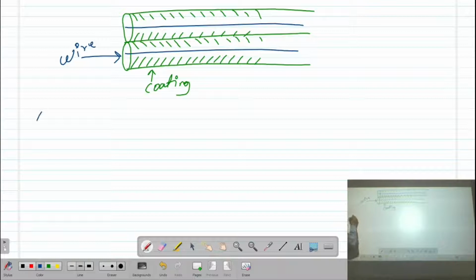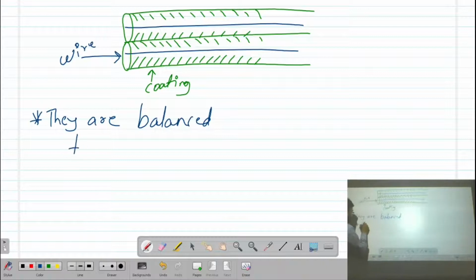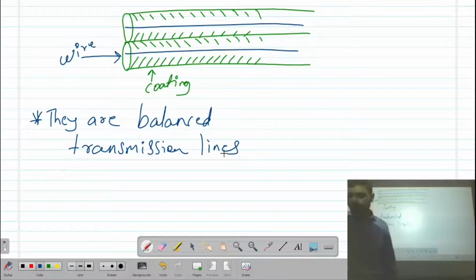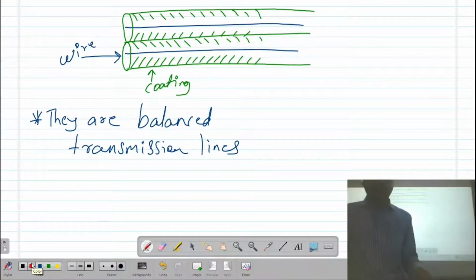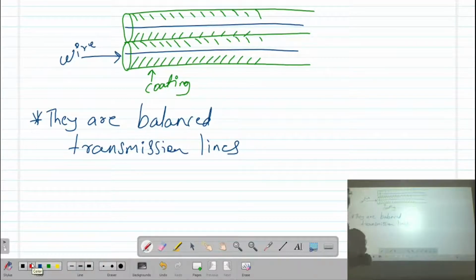They are known as balanced transmission lines, and they also have one important factor: they have an upper frequency limitation. They can work at maximum